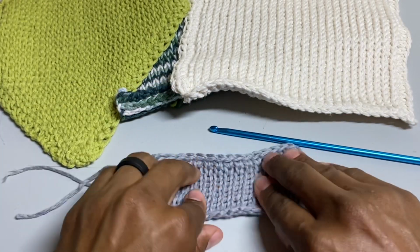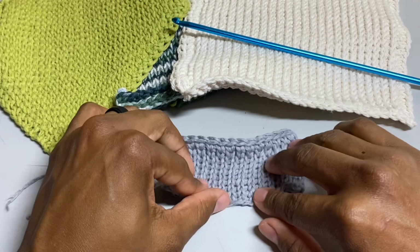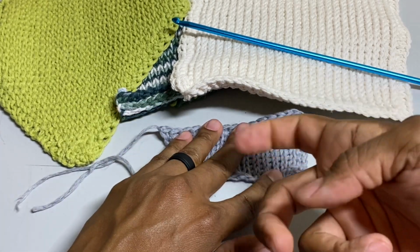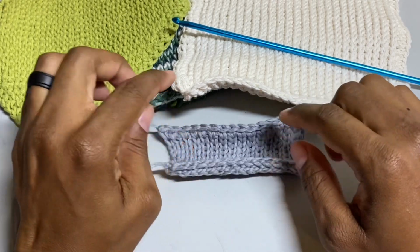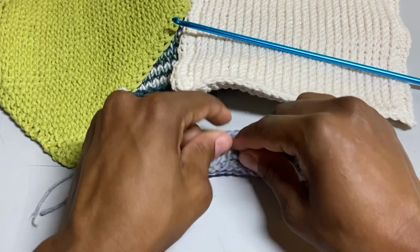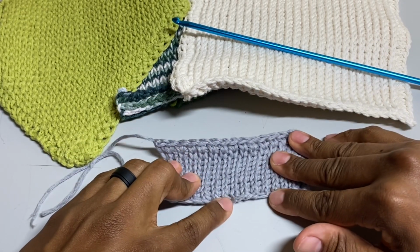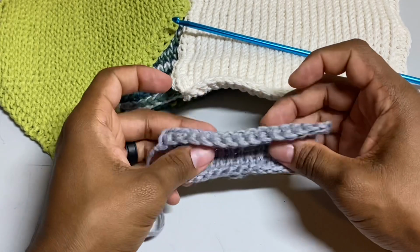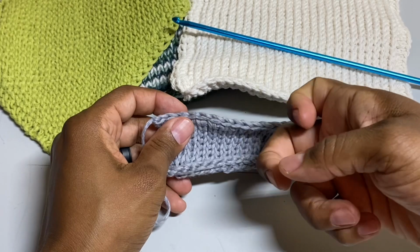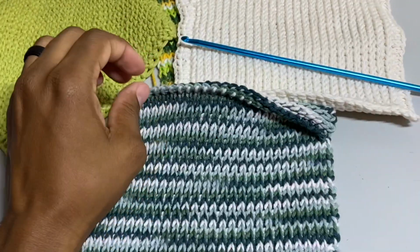So what I do is I like to wet block it. Miss Nikki had taught me about wet blocking. I like to just take a spray bottle and just kind of spray a little bit, and you're supposed to take some pins and pin it down where it's nice and flat and leave it overnight. Well, I'm a little different. So what I've been doing is I've been spraying it, wetting it down. I'll use a bigger one. I've been spraying it a little bit,